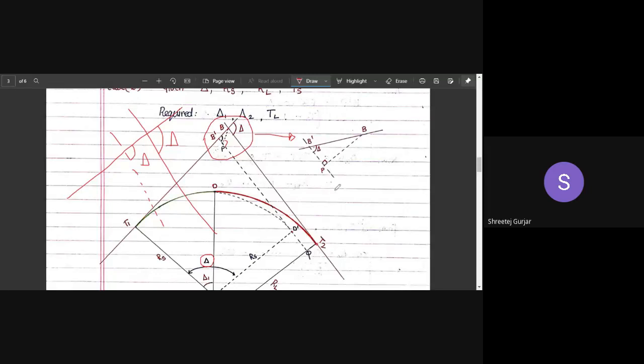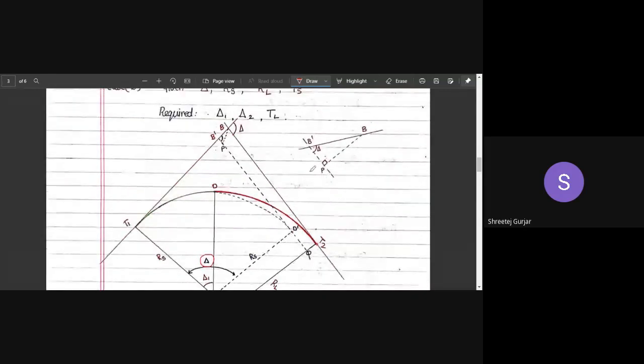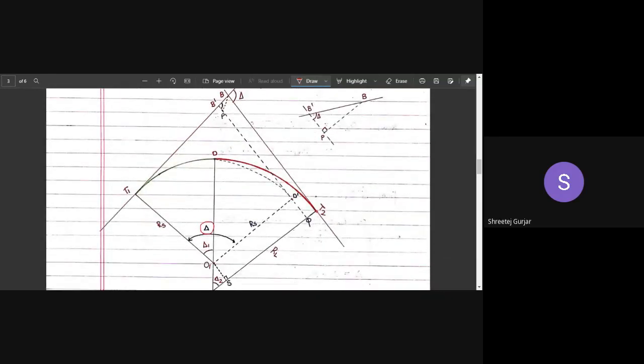So we will be requiring this particular triangle later on for calculation. So I hope this particular diagram is clear, and how to draw this particular diagram is clear. If you didn't understand any of the steps, please let me know if you have not understood how to draw this particular diagram. Is it clear? I hope it is clear. Now, the first thing which you have to calculate, yes? Any doubt? Any doubt? No, sir. Okay.